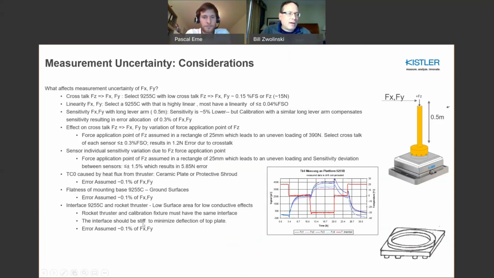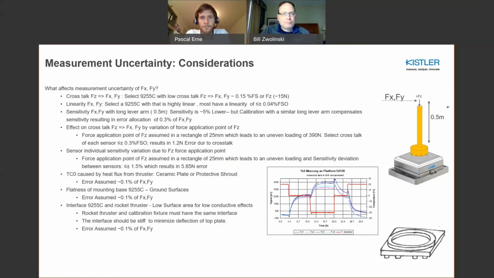Certainly flatness of the mounting, I've already mentioned that, and also making a very stiff coupling of the rocket motor to the dynamometer itself. So there's several factors that come into play, but as I mentioned before, the estimate came out to about 24 Newtons with a 30 Newton budget. So it seems to be at least certainly achievable from this